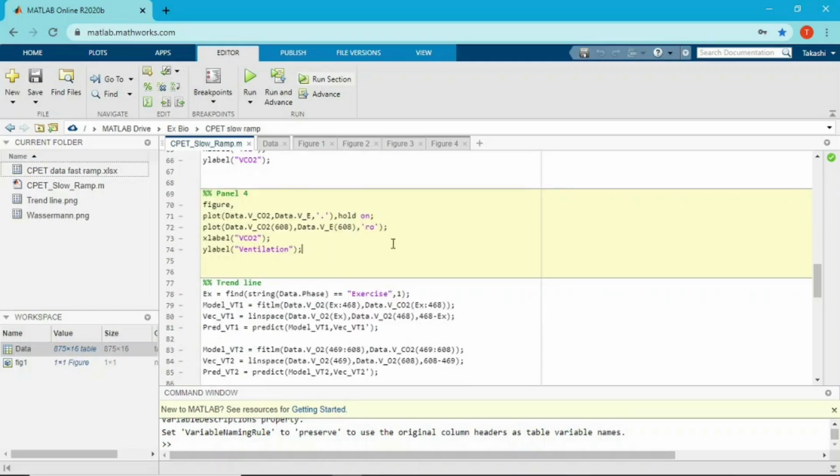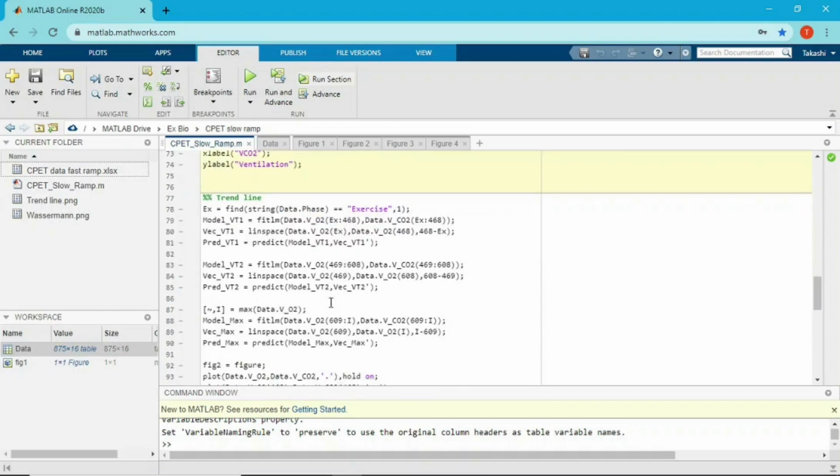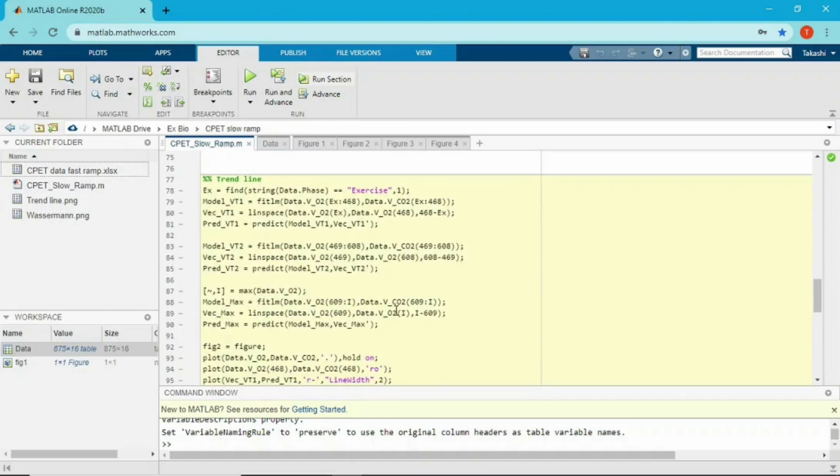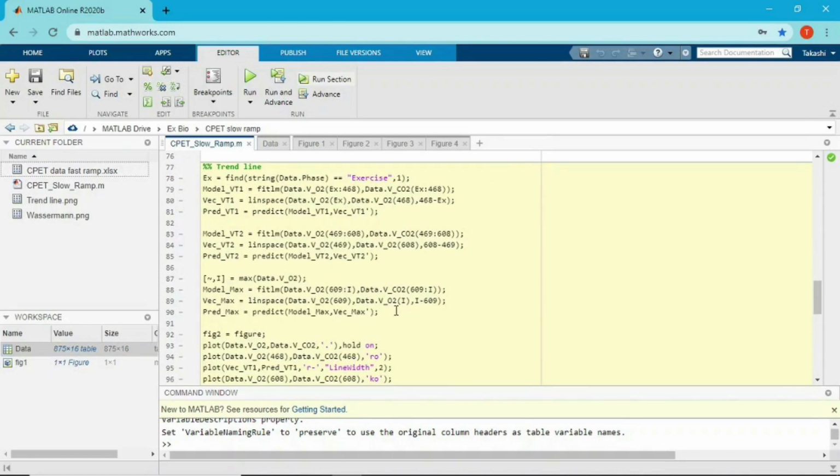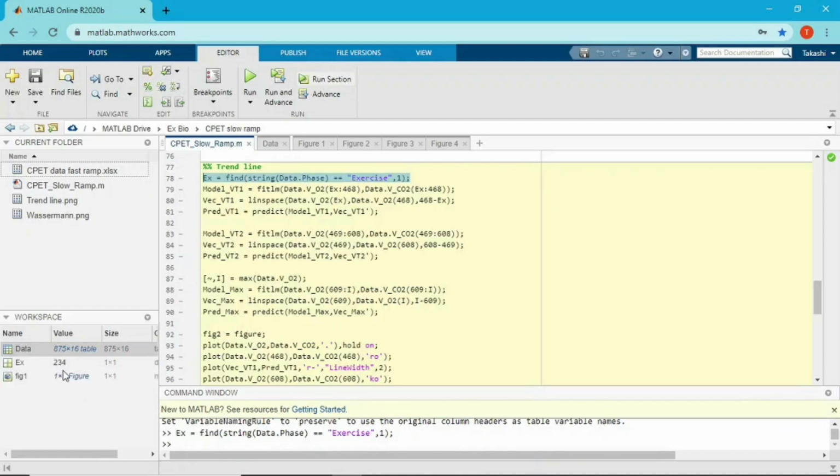And after you define the data points for BT1 and BT2, you can plot the trend line, and it's simple. I just find the index where my subject started the exercise, and it should be somewhere around, yes, data point 234.